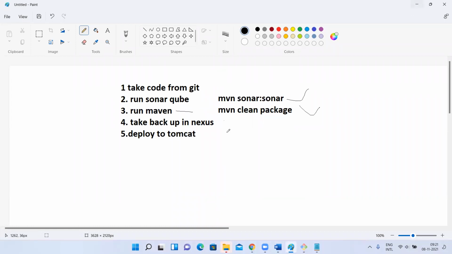Okay, fine. So why do we have to do it like this? Because, for example, I want to break the build when the SonarQube scan fails. Means if SonarQube scanning finds a bug or critical or major issues, I want to terminate the job. So in that case, if we execute like this, mvn clean package sonar:sonar, like this.